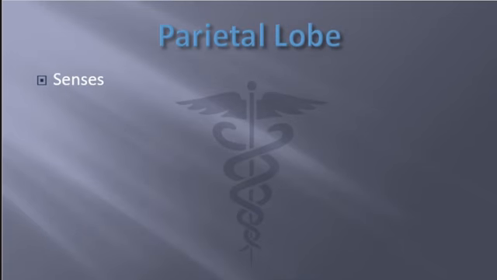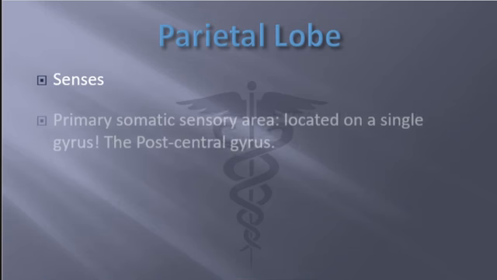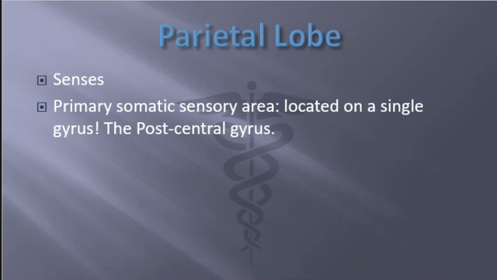Parietal lobe. Okay, the parietal lobe is the one that goes over the top, right? So over the top. It's responsible a lot for our senses. We have the primary somatic sensory area. And if we're looking at the brain, I have my little pink model here right now. Do you see how I've colored in this gyrus? Okay, the sulci and the gyrus, right? So the primary somatic sensory area, all of our senses are located on a single gyrus. This one coming out here, it's called the